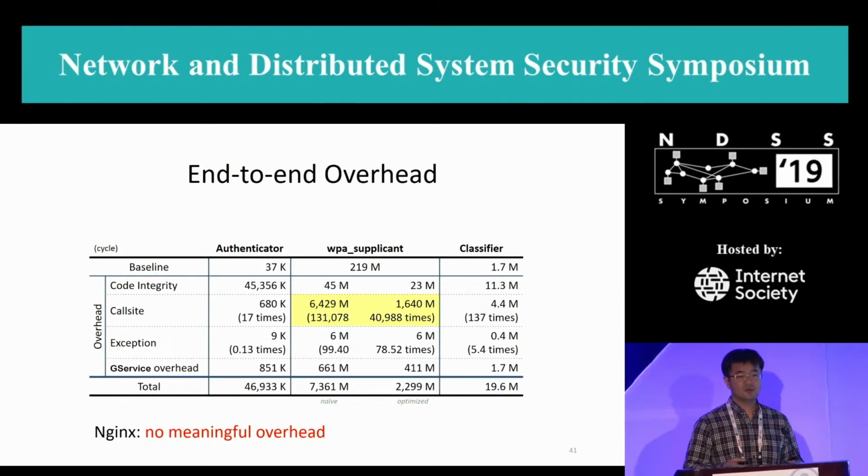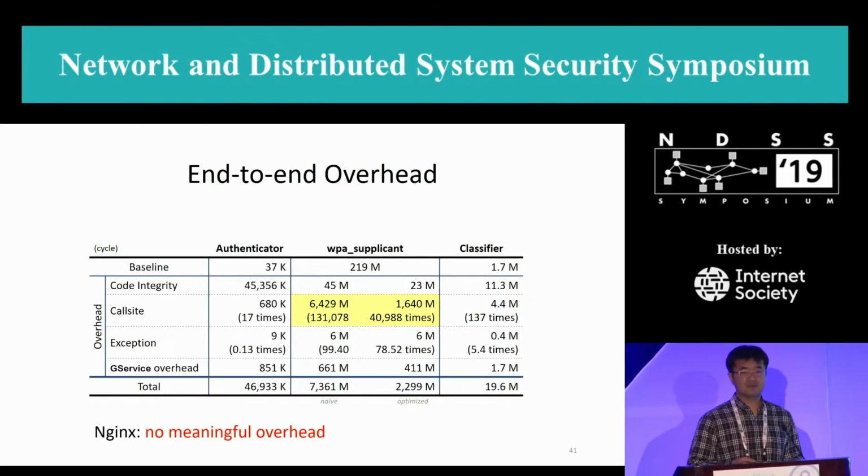So we looked into the code and found that two functions with sensitive data are called intensively, more than 4,000 times. So we optimized them by inlining small functions to reduce the number of call sites, and we could reduce the overhead by 75%. And I can say that this is a good example of using domain knowledge to reduce the overhead of Ginseng.